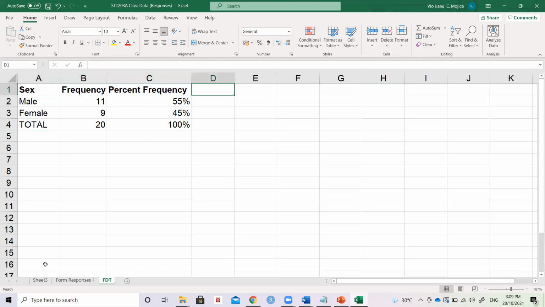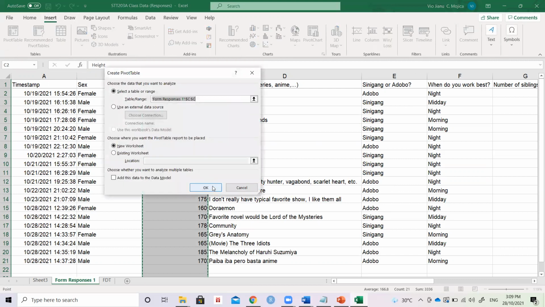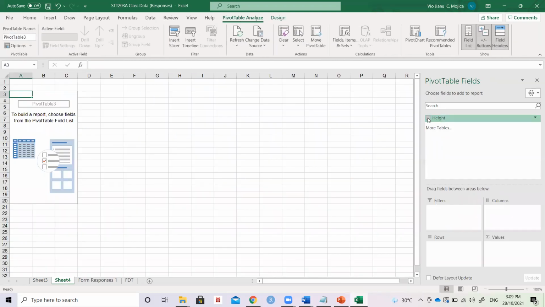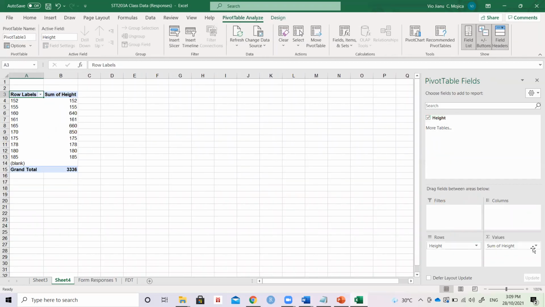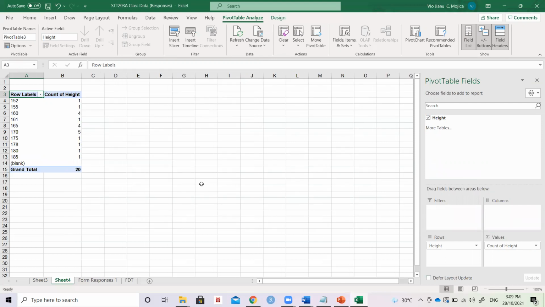Alright. So on the other hand, what about quantitative variables such as height? How do we present it in tabular form? So using pivot tables, isa pa ulit, pivot. You want height. Bakit sum? Wait lang ha. We want to get the counts of height, diba? So instead of sums, we get count. So yan, this will be our FDT. One of you is 152 centimeters tall, one of you is 155, four of you are 160 exactly, 161 isa,